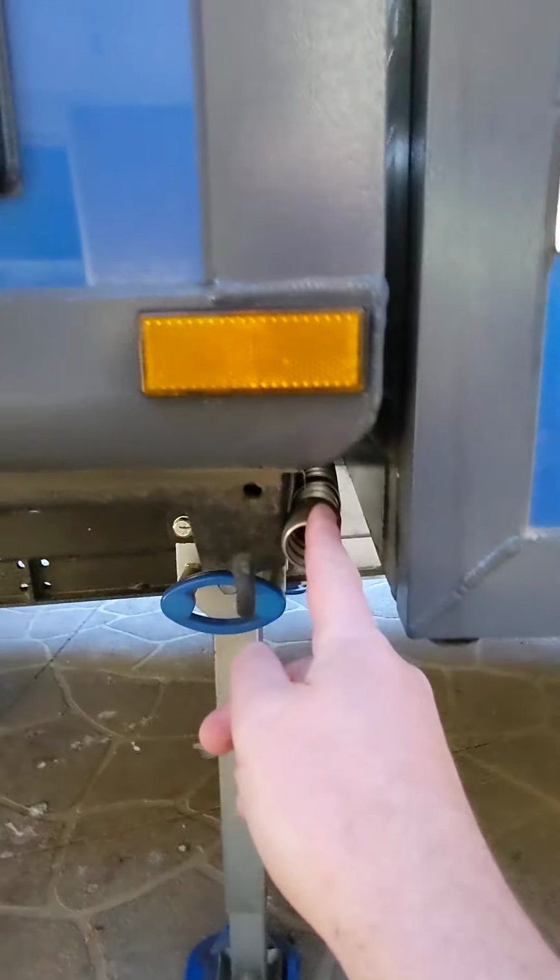I think that's it from that side. I'll just show you the... So that's the exhaust coming out at this location. And then at the front,